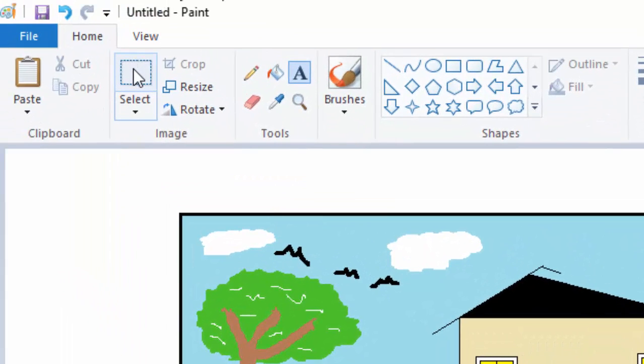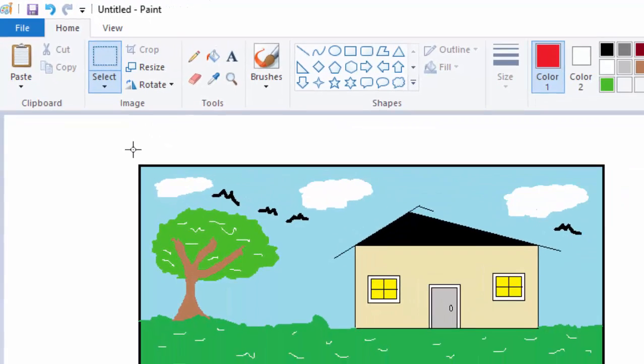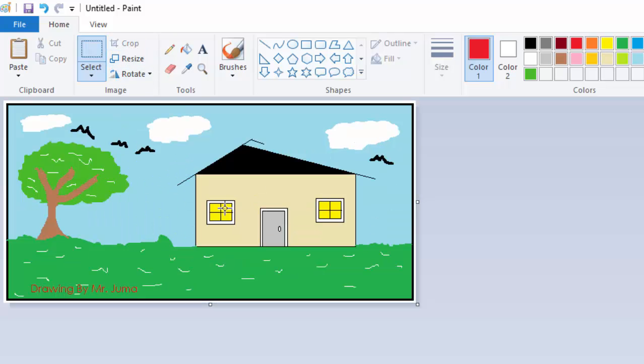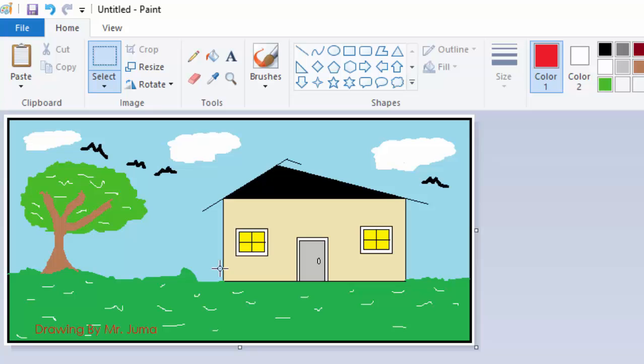So I'm going ahead and selecting this picture. Just select it here like this, then click crop. Now you can see my picture is now small and looks attractive. I will now click save,